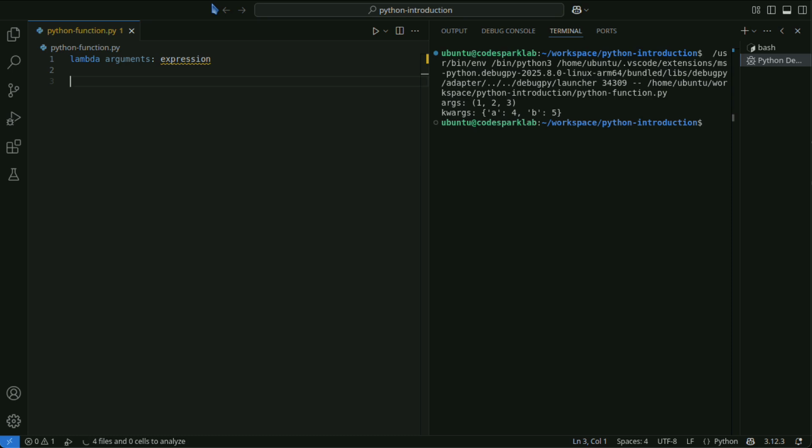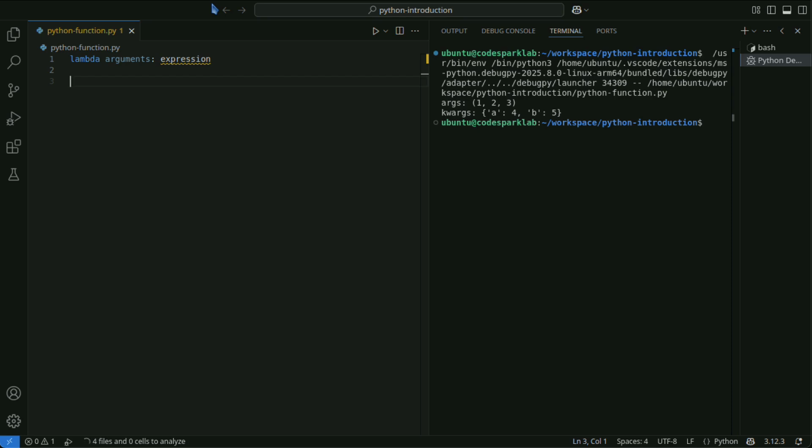Arguments: specifies the arguments of a function. Multiple arguments can be specified, separated by commas. Expression: an expression evaluated based on the arguments. The result of the expression becomes the return value of the function.